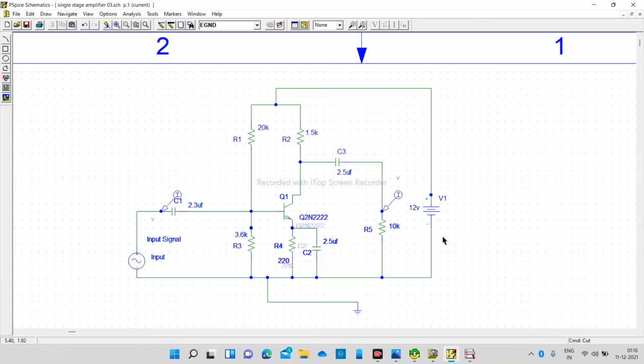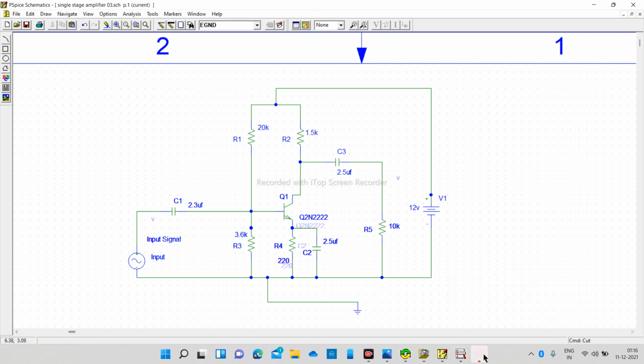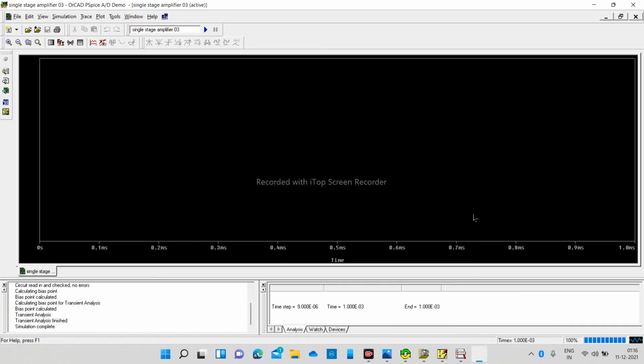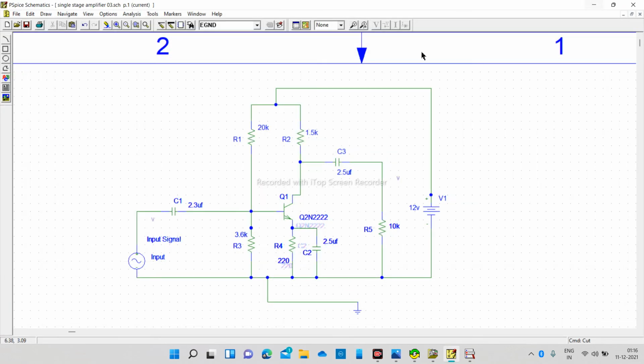Okay, see, R5. Now you have to measure the current in each and every part, and you can easily do it. I don't know why this is not working. So this is how our circuit works practically. Our theory is always correct. Now we will run and see what we will get. We will get nothing because we are not analyzing anything.